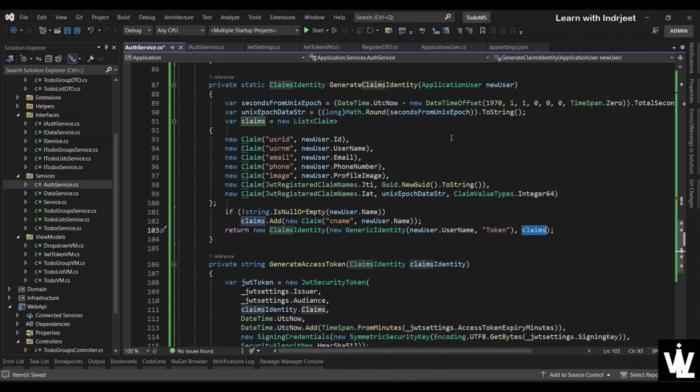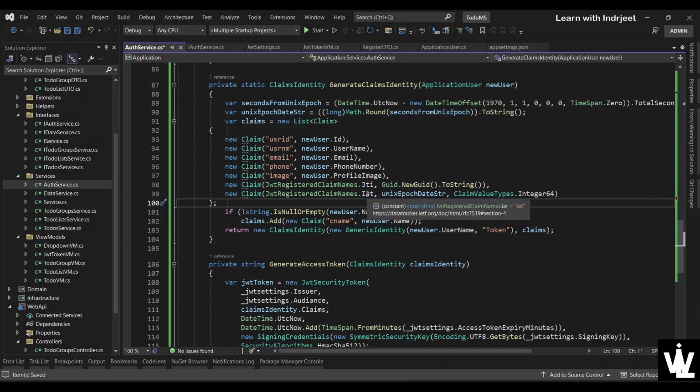And the claims is a list of claims that contains, number one, the user ID, the username, email, phone number, image, and two more properties that are registered claim names. One is the JWT identity, which is a GUID,